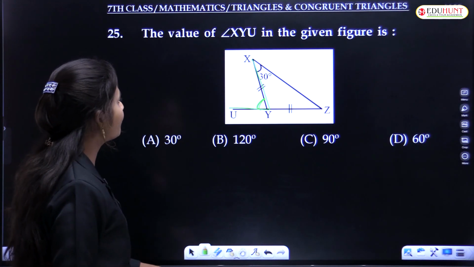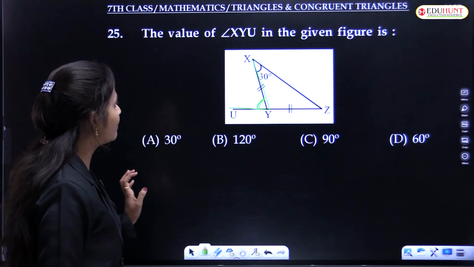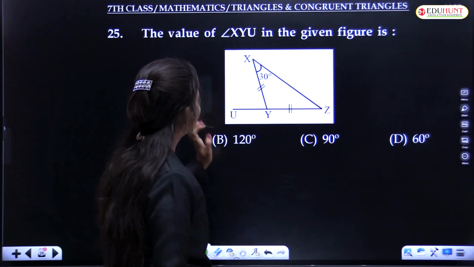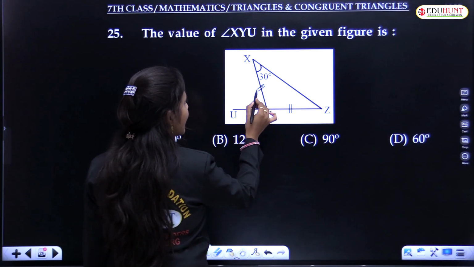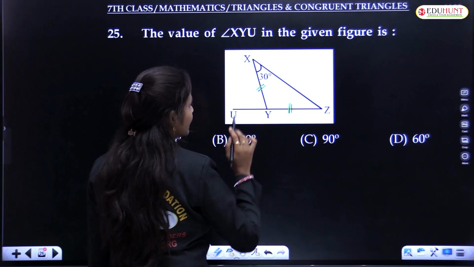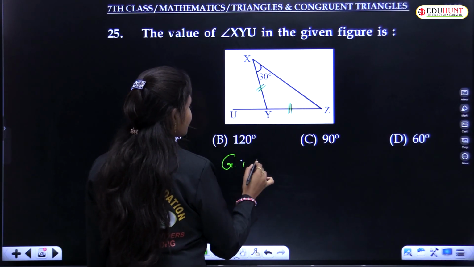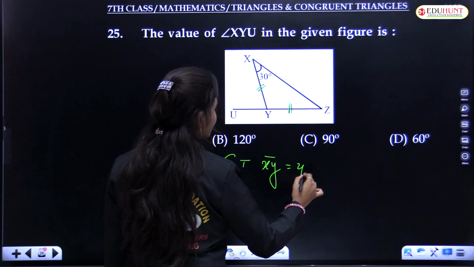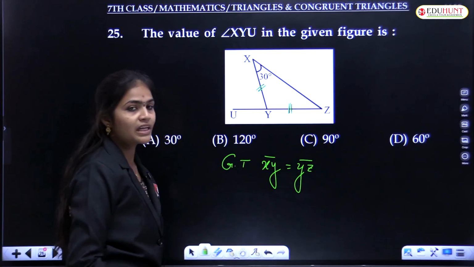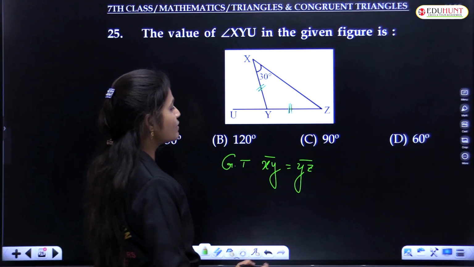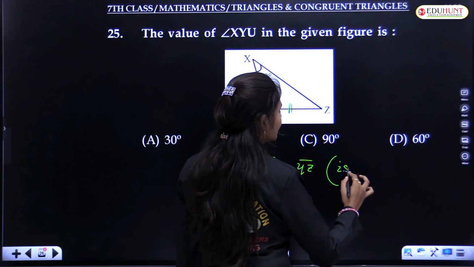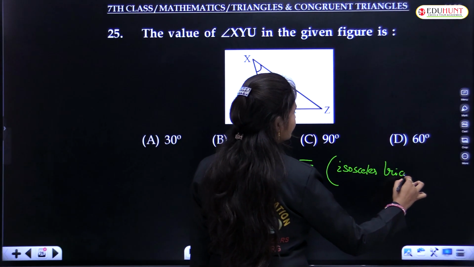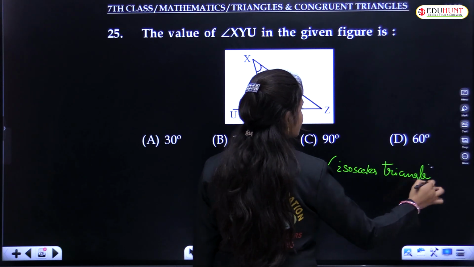Okay, in the given figure. So actually this is the given figure, no? So we need to find here angle. So let's see here. First they given the condition is XY is equals to YZ. Okay, given that XY, that side is equals to YZ. So these two are of equal length they are saying, no? So equal length means which type of triangle that is? Yes, that is isosceles triangle. That is an isosceles triangle.